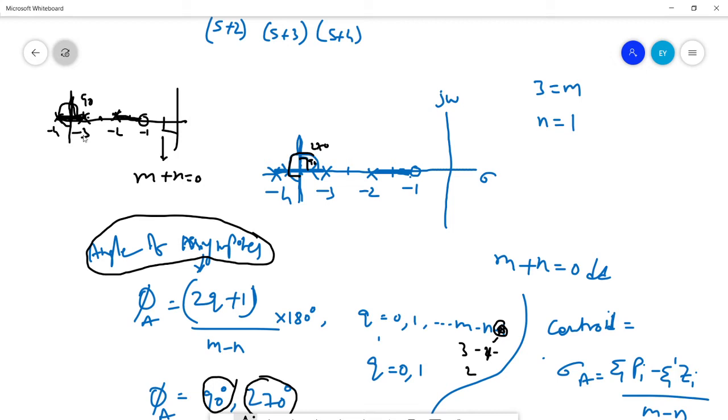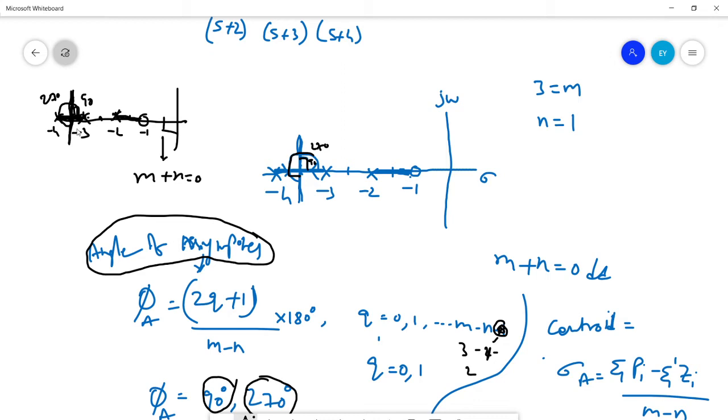As of now, what we know is that it will diverge from the real axis at a certain point, and while diverging, the angle it makes comes from the angle of asymptotes. One will make 90 degrees, one will make 270 degrees, and it will diverge. Next, it is diverging, but whether it goes straight in this way, or how it is actually traveling.